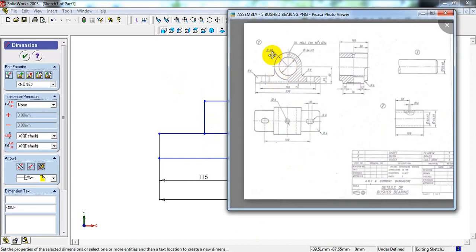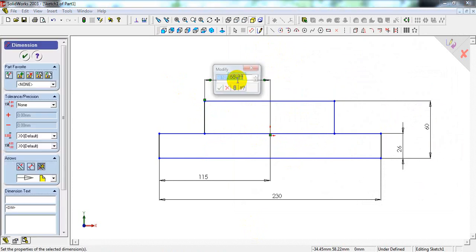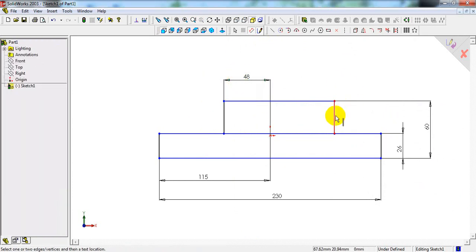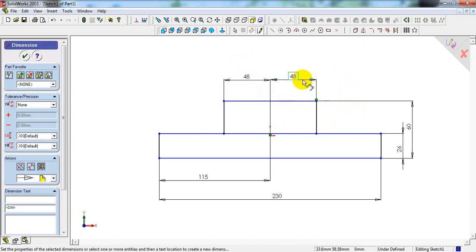Here he has mentioned radius 48. So from origin point to this left edge, take it as 48, and from this right vertical edge to origin point, take 48 mm.